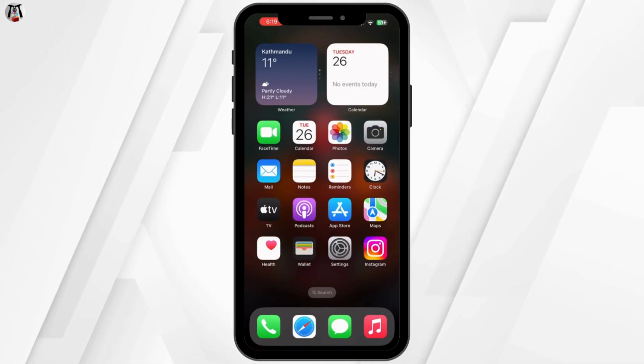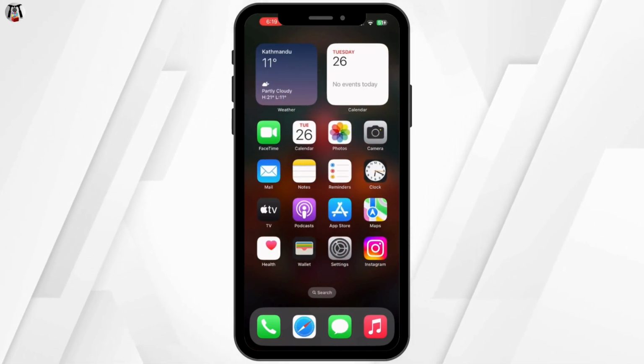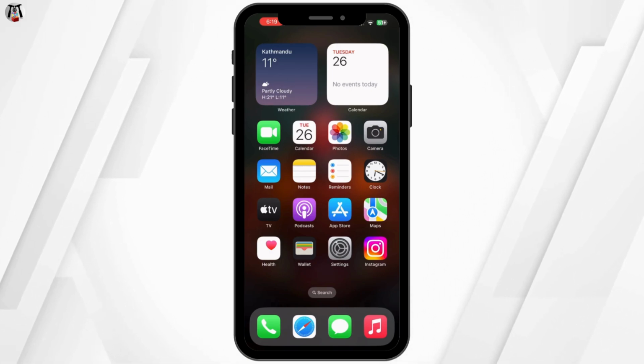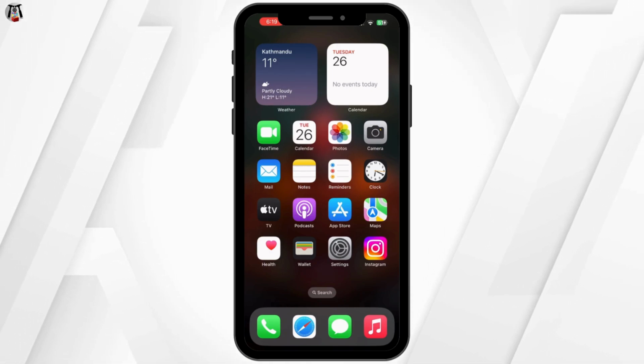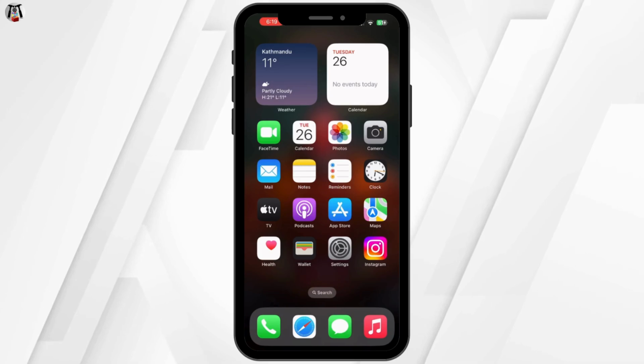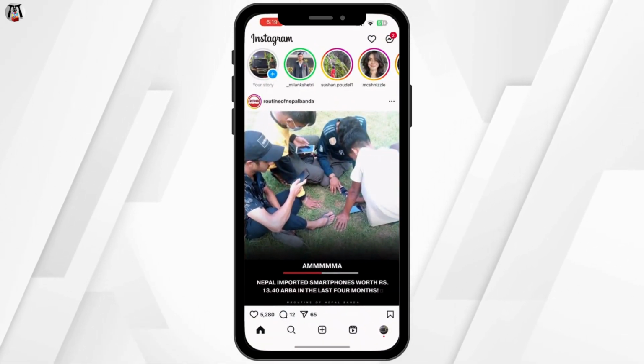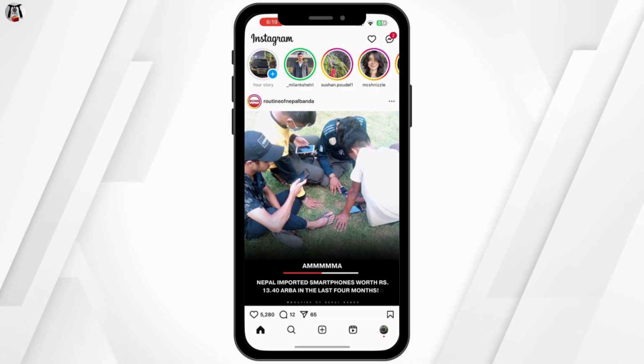In today's quick tutorial, I'll show you how to change nicknames in Instagram chats. Whether you want to update it for fun or just switch things up, it's super simple. So let's get started. First, open your Instagram app and head over to the direct messages by tapping the paper